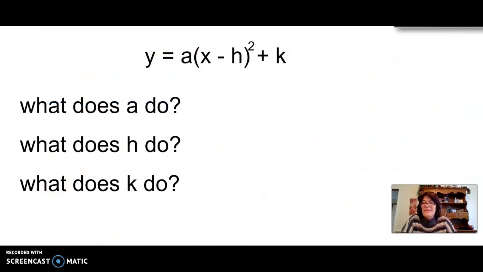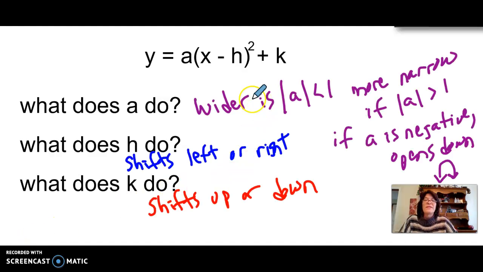All right, so let's figure out the last part here. The A, I'm going to pause myself and write these notes. So in 25 seconds, A, remember, either makes it go upside down if it's negative. If the absolute value of A is less than 1, like a half or 2/3, it makes it wider. And more narrow if the absolute value of A is greater than